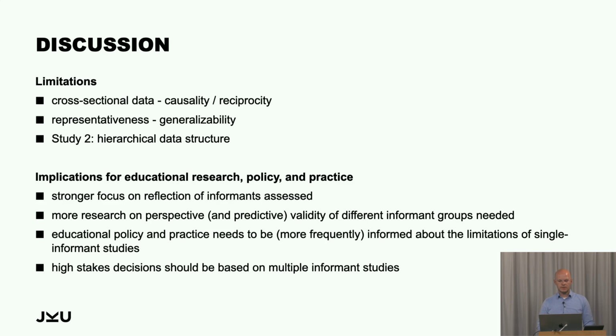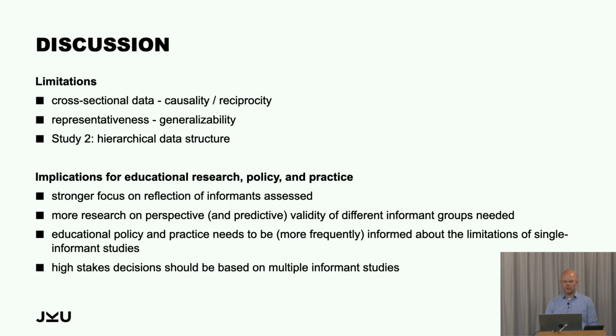Nevertheless, I would argue that these studies show that we as researchers have to be more explicit about the informants that we used and to think more about the limitations. So a more explicit reflection of our samples is needed, not only in scientific papers, but also when we report